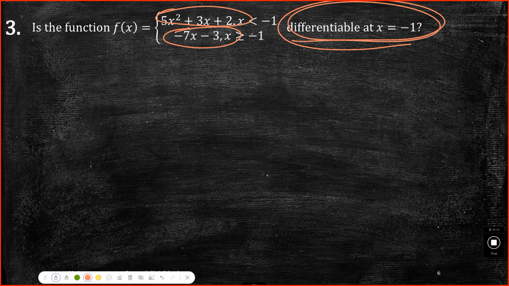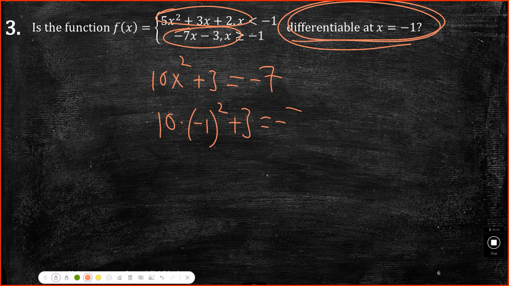Take the derivative from the top. So from the left, it would be what? 10x plus 3. And then we're going to evaluate it at x equal negative 1. So take the derivative of the bottom function, it is negative 7. Okay, so we already got that the rate of change at negative 1 is negative 7. It is linear. For this one, let's plug it in. Now for this left side, plug in x is negative 1, so it'll be 10 times negative 1 plus 3 has to equal negative 7.